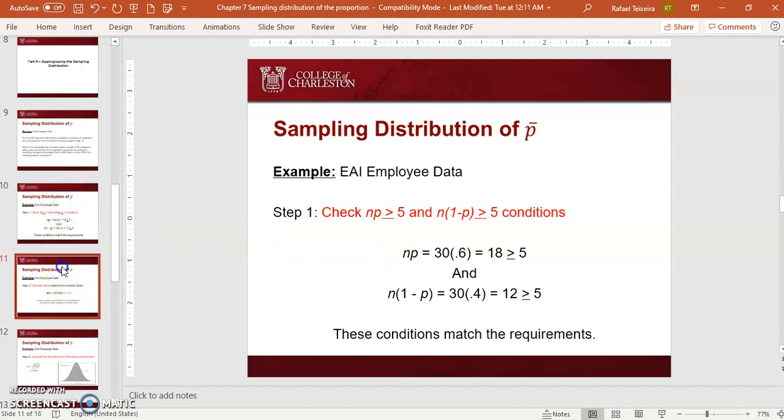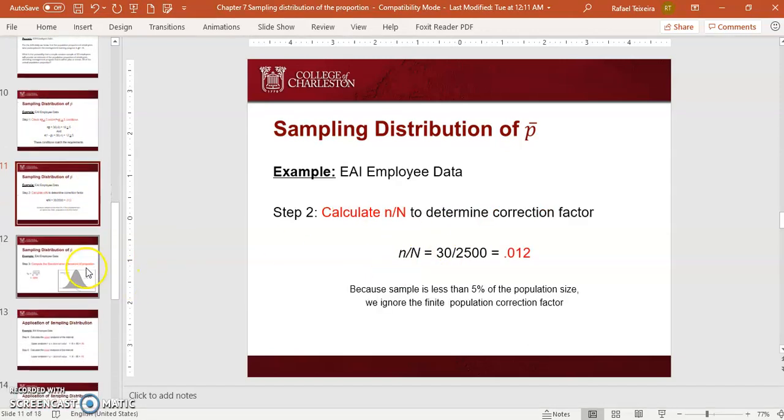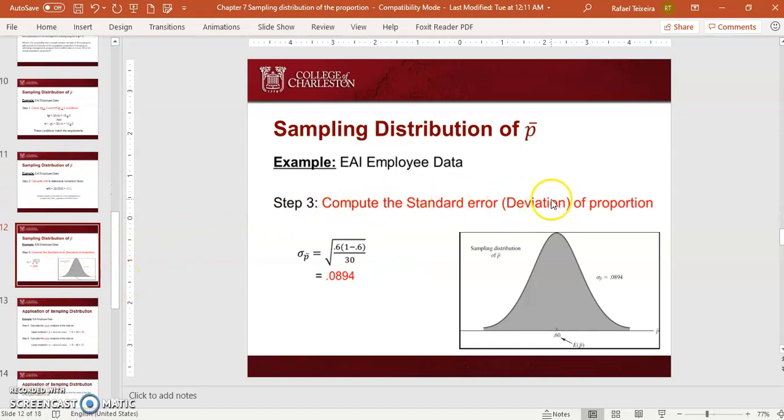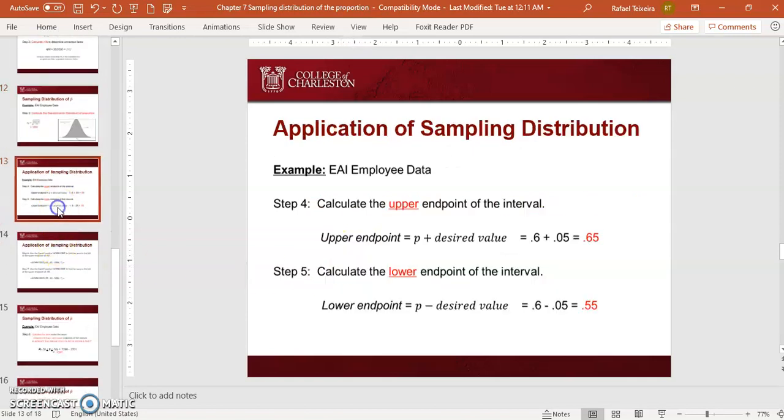Okay, so step 1, step 2, we know which formula to use to get the standard error of proportion. So this is the application of the formula: square root of 0.06 multiplied by 1 minus 0.06 divided by 30. That's the resulting number. And then we compute the upper endpoint and the lower endpoint of the interval,